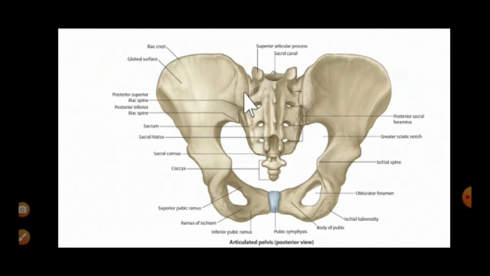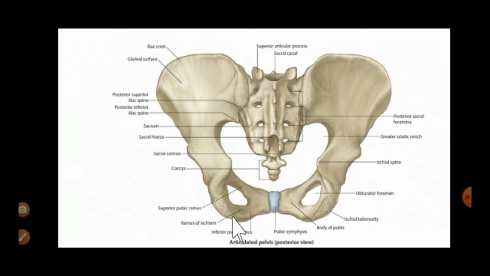So first we have the posterior superior iliac spine here. We are seeing the articulated pelvis from the posterior aspect. So here is the posterior superior iliac spine, and lower down this is the posterior inferior iliac spine. Now we can see a notch here. This is the greater sciatic notch, and this point here is the ischial spine, and then another notch here, that's the lesser sciatic notch, and this here is the ischial tuberosity. So posterior superior iliac spine, posterior inferior iliac spine, the greater sciatic notch, the ischial spine, the lesser sciatic notch,